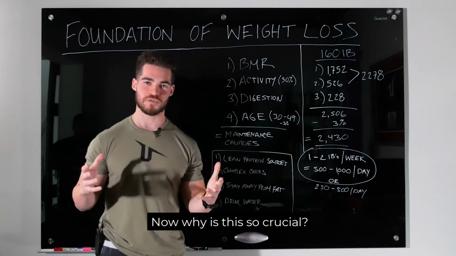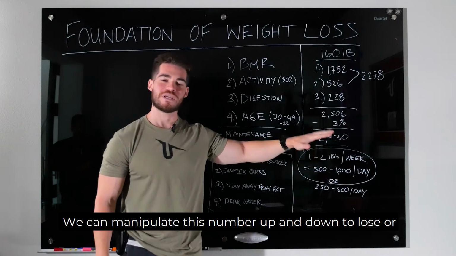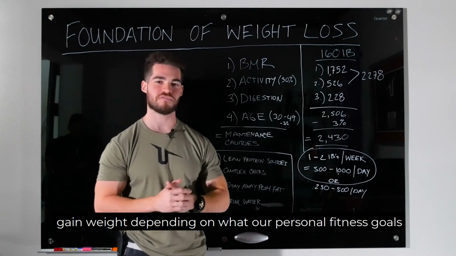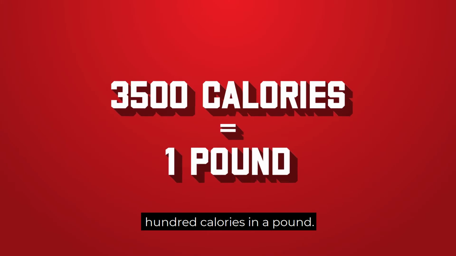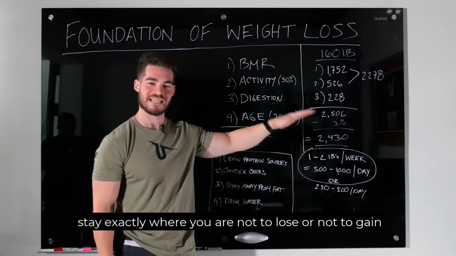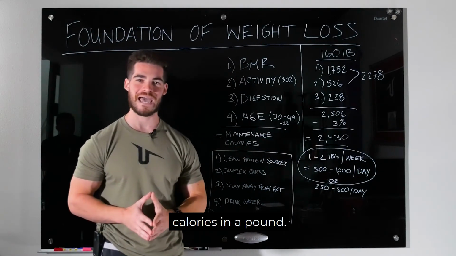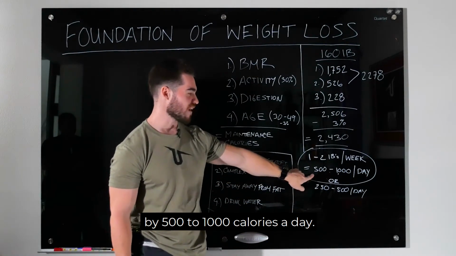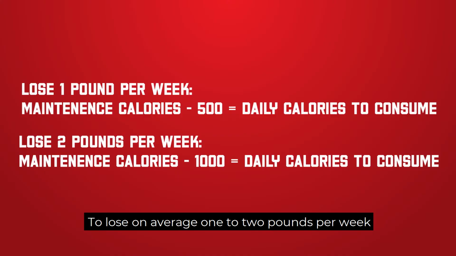Now, why is this so crucial? This is crucial because now that we understand what our maintenance calories are, we can manipulate this number up and down to lose or gain weight depending on what our personal fitness goals are. And we also know that there are 3,500 calories in a pound. So if we have our maintenance number of calories to stay exactly where we are, not to lose or not to gain weight, and we know that there's 3,500 calories in a pound, we know that we need to reduce our daily caloric intake by 500 to 1,000 calories a day to lose on average 1 to 2 pounds per week,